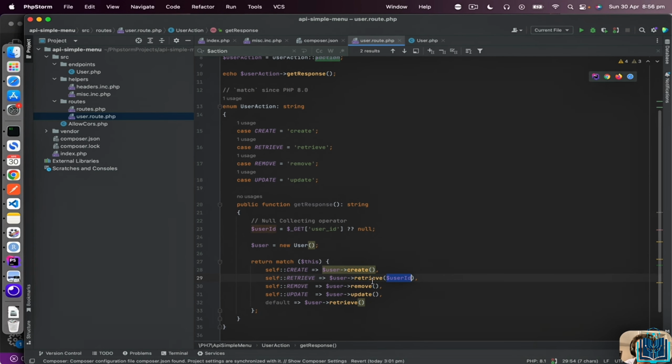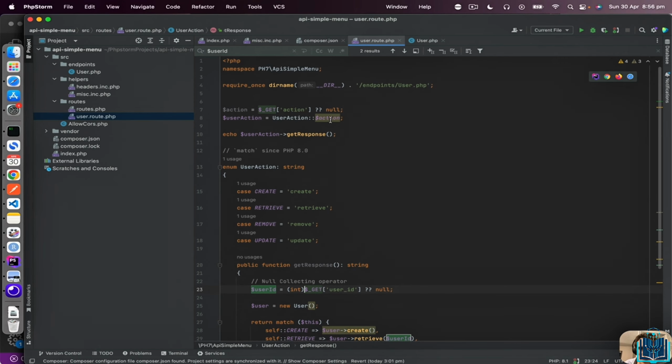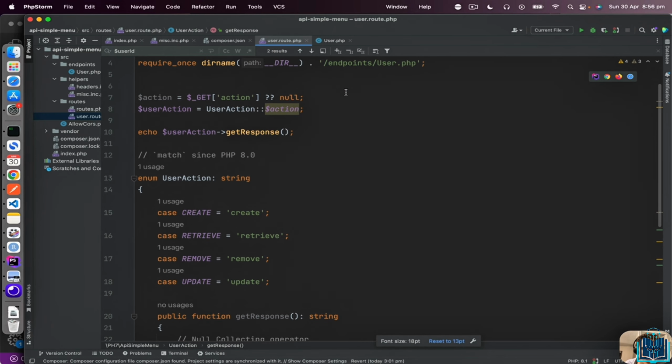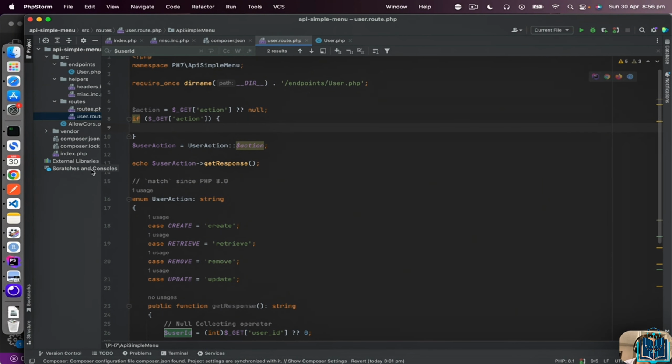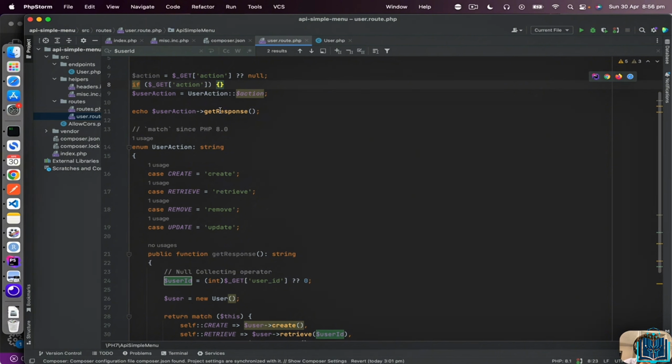And now you see your IDE, usually like Visual Studio Code or PhpStorm, will tell you when a method, a function doesn't have any parameters, and so you can easily see the error in there. And there I can do a condition for the action. If it's set, and